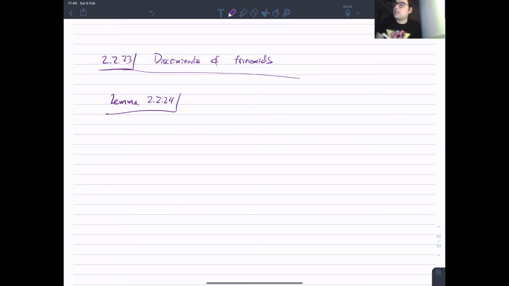of trinomials. And we're going to start with just a small lemma. This is Lemma 2.24, which says the following. Let alpha be an algebraic number with minimal polynomial m alpha, and